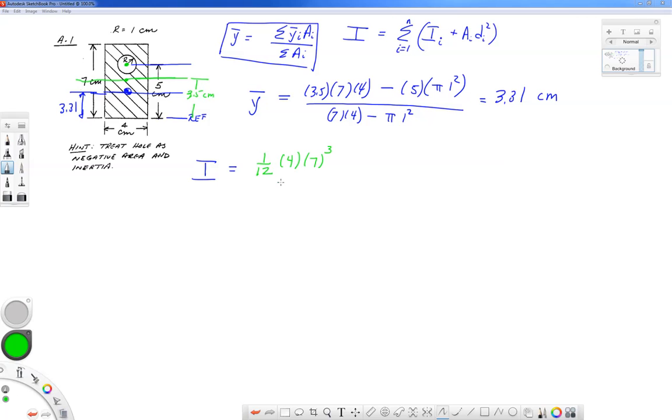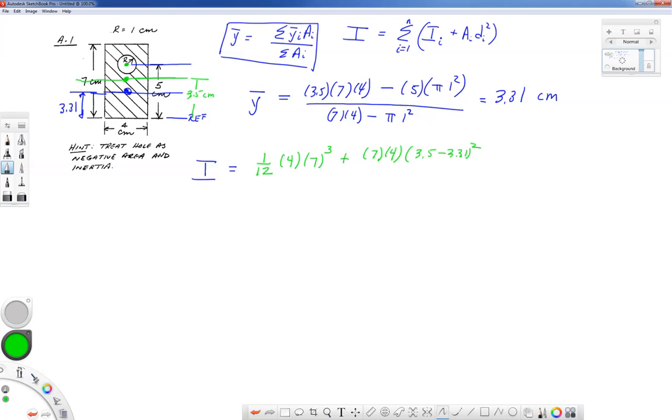All right, so what we found now with 1/12 the base times the height cubed is about this green centroidal line for just the rectangle. But now we have to move that to the line down below, the blue line. So we're going to add in an area times the distance between the axes squared. The distance between the axes is 3.5 minus 3.31